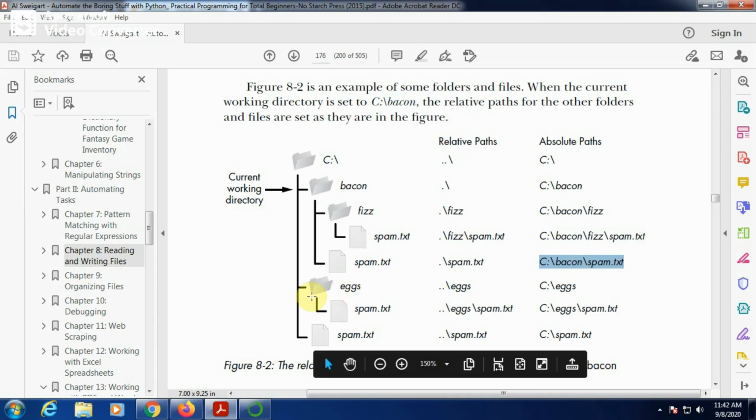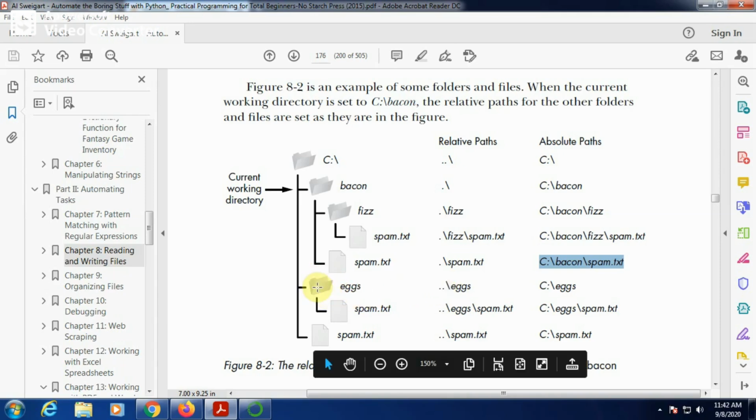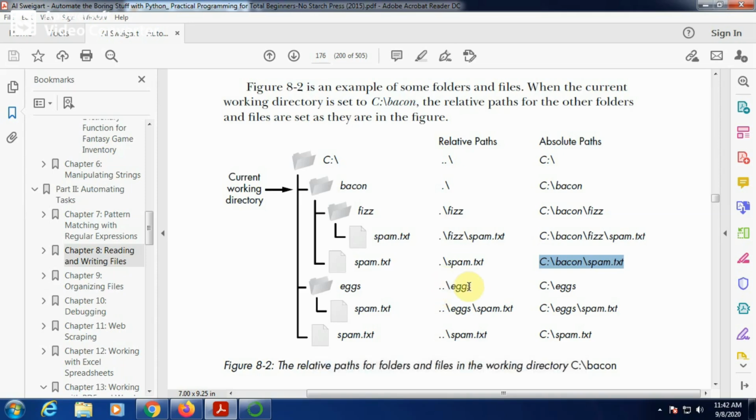Now see the X folder. The X folder is available in the C drive. If you want to access the X folder, you know your current working directory is Bacon. To access the X folder from the parent of Bacon, double dots slash X indicates X from the parent directory.